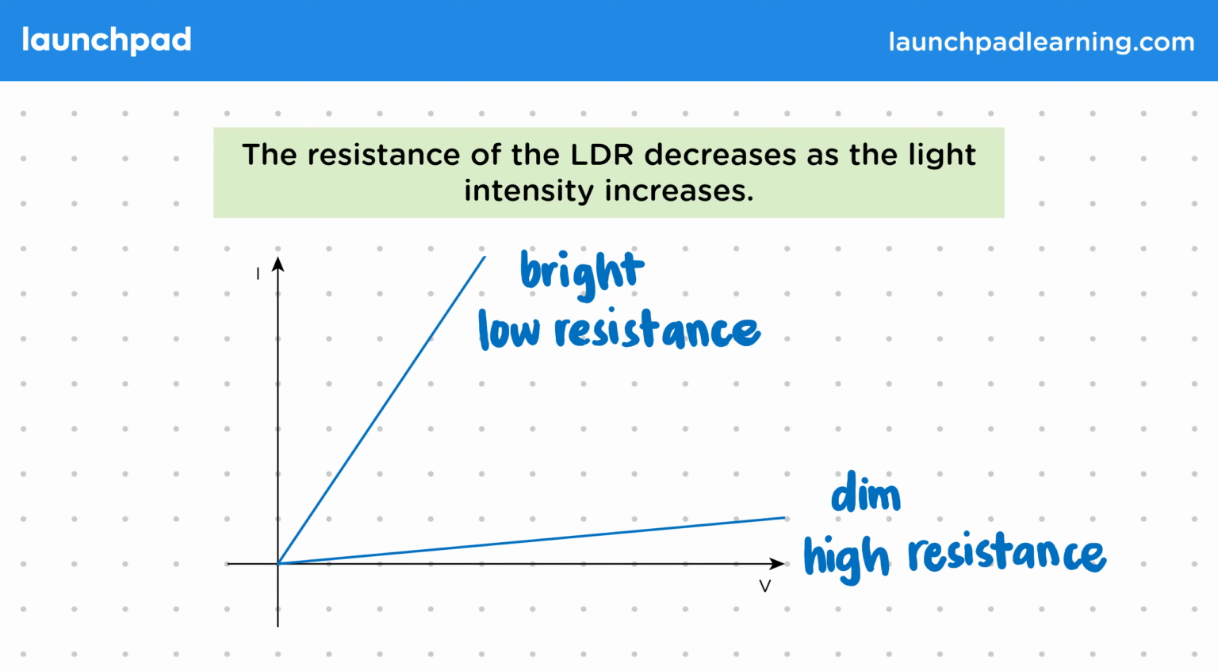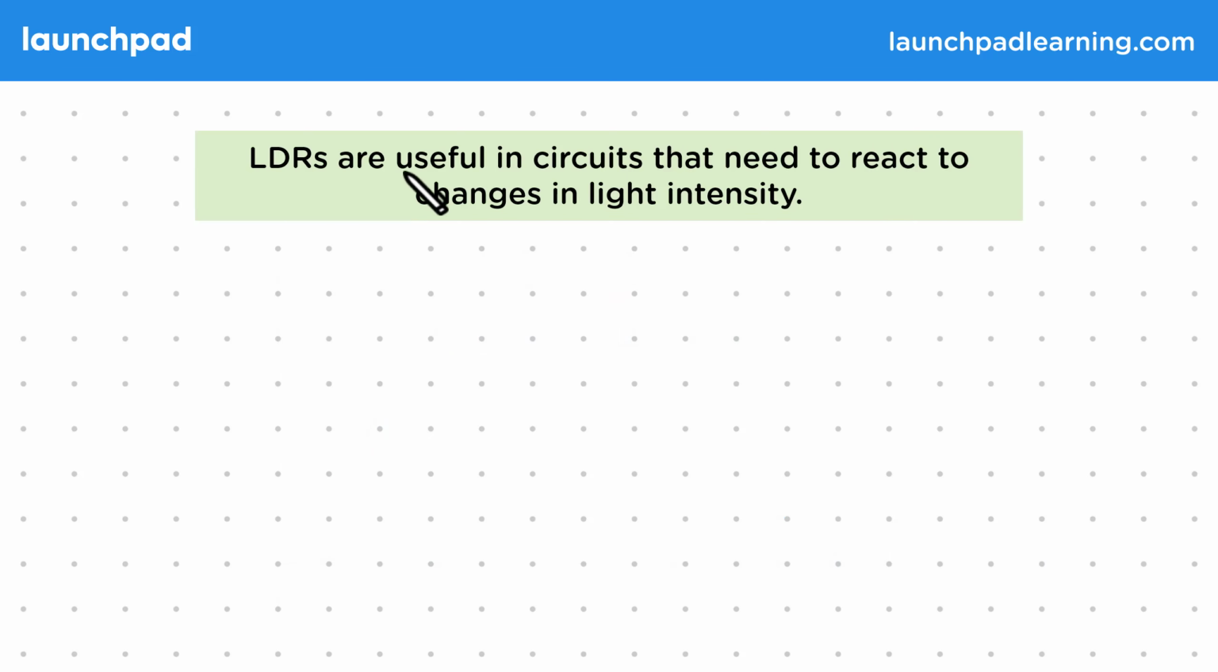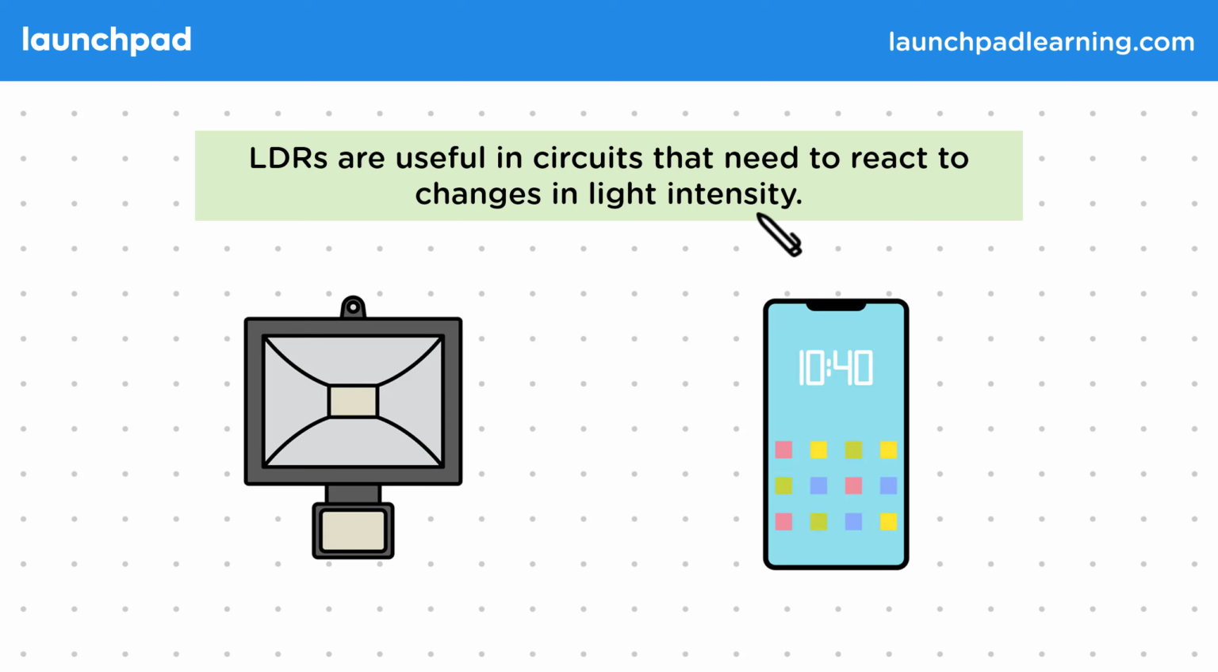But where would we see this component used? LDRs are useful in circuits that need to react to changes in light intensity. For example, we would only want a security light to activate when it is dark and extra light is needed. So an LDR is used to measure how bright its surroundings are and adjust the resistance and current in its